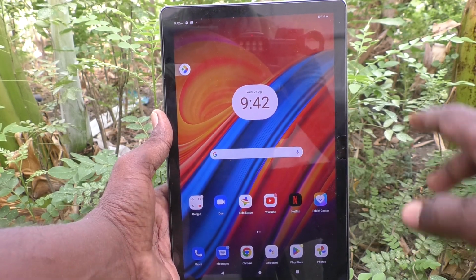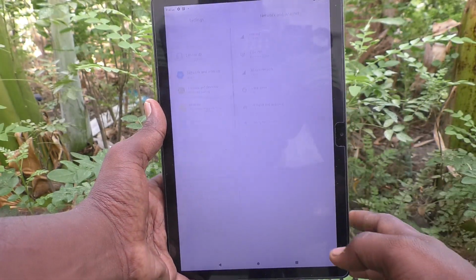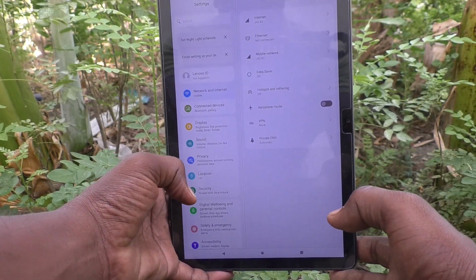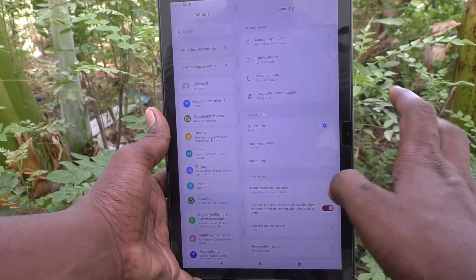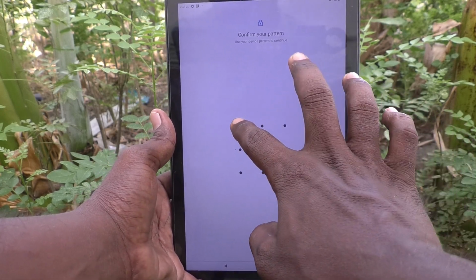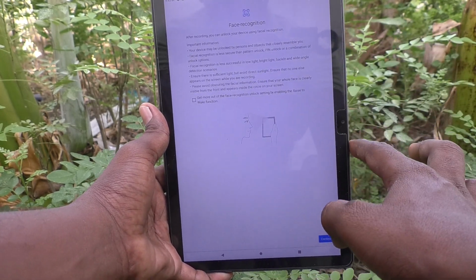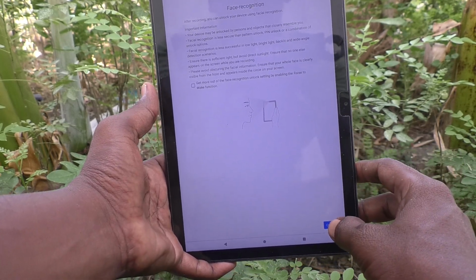First of all, in your tablet, just go to the settings here, then go to security here, and here select face recognition, and it will ask your current pattern for authentication and confirmation. Just give it. Now you have to click on continue